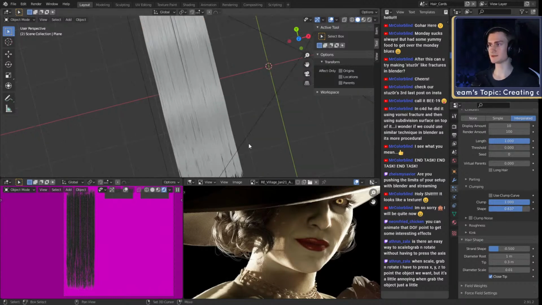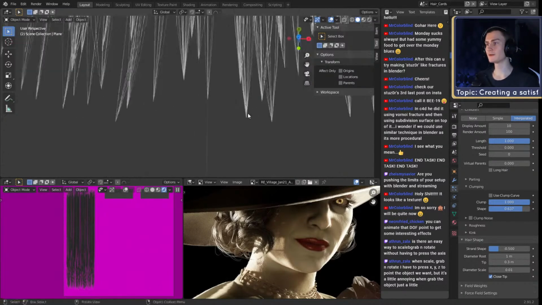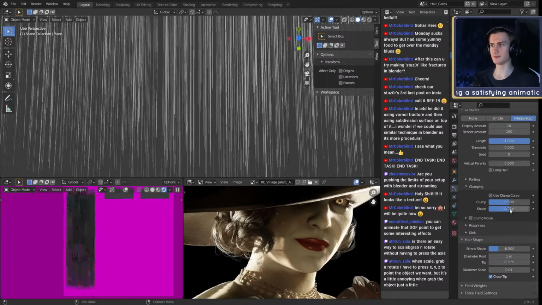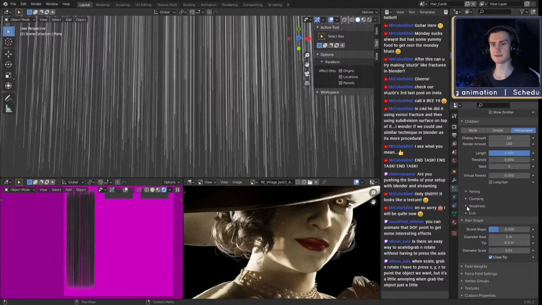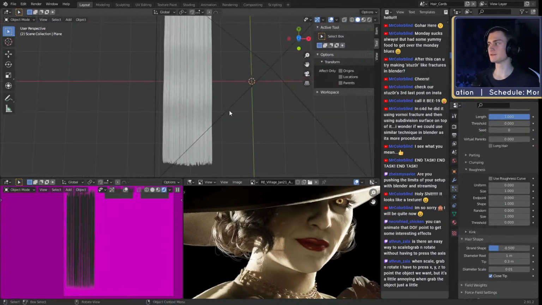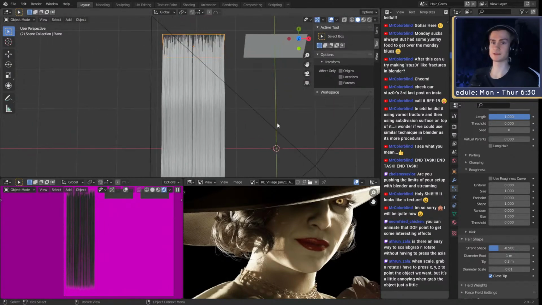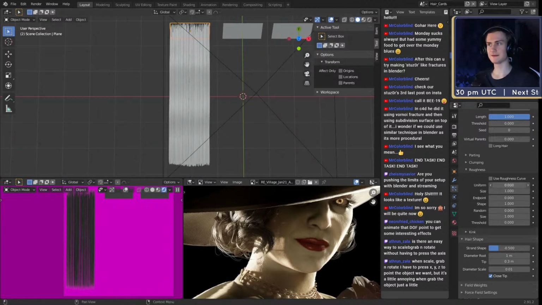Oh, it actually helps. Hold on. Of course, we have to put that to 0. Now it doesn't help anymore. Okay. What I want to change though is roughness. We have multiple options to make these hairs more unique. Right now they're all the same, basically like clones. We can then go to uniformity, for example, and bump that up.